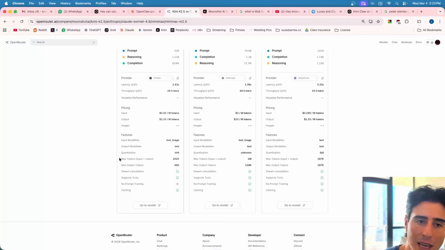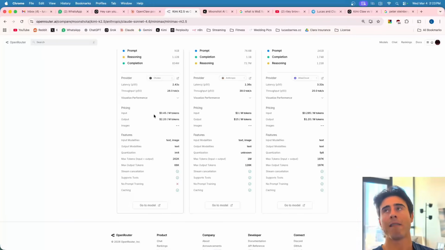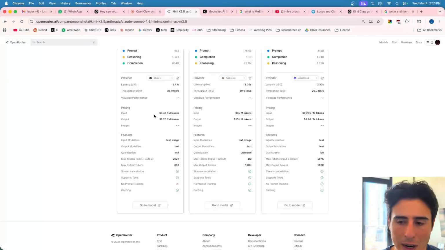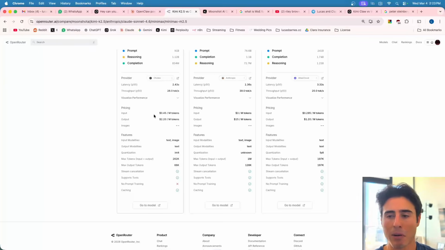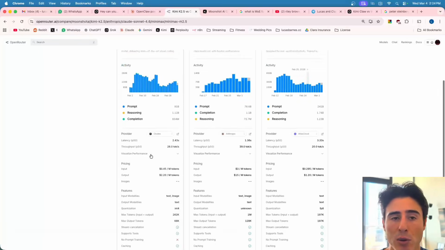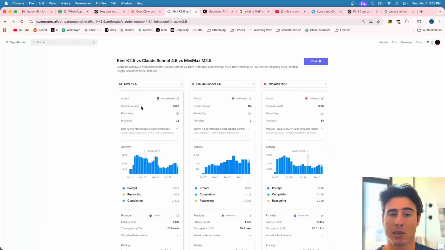What I found was, even though it is cheaper, about half the cost of Kimi K, I found so many frustrating moments where it wouldn't get something done, and then I'm burning through a significant amount of credits to eventually get something that would have worked right out the gate with something like Kimi K. And if you do look at benchmarks, it is very comparable to Sonnet 4.5. It's not as good as 4.6, but it is incredible for the cost,